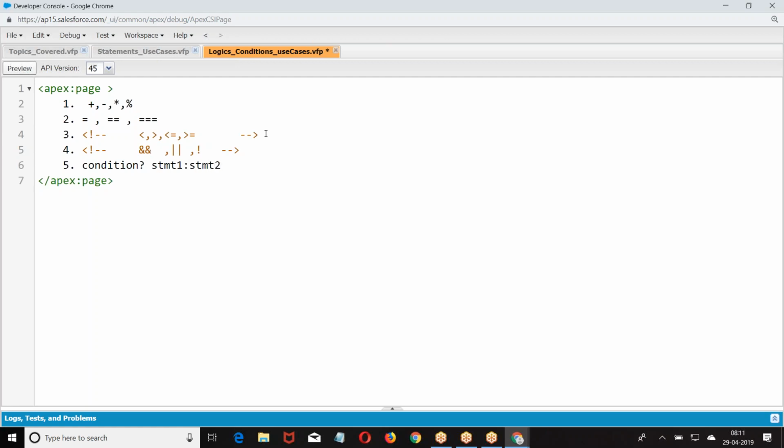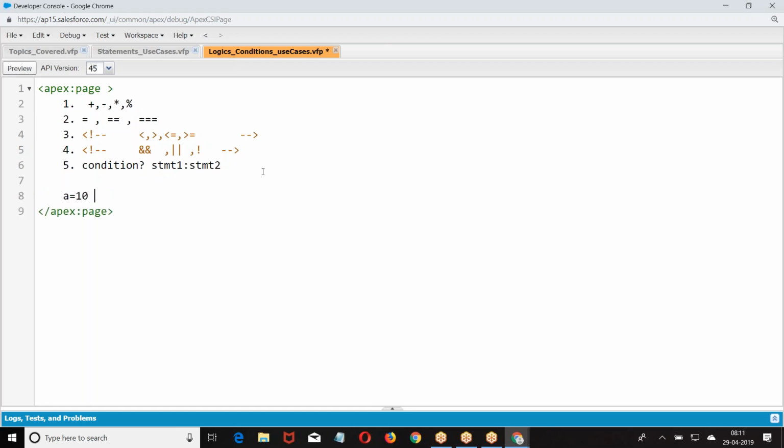So this is what we are going to use to form our logics. Logics are conditions we are going to form using this. So primary things we already know, arithmetical operators. The purpose of the arithmetical operators we know. The second, we'll try to understand the second set.